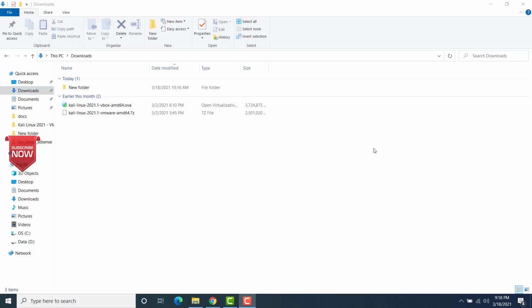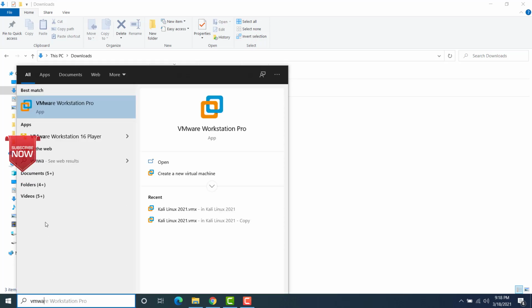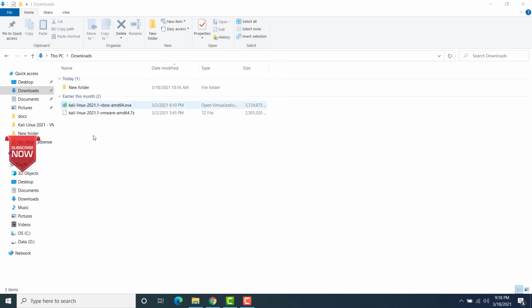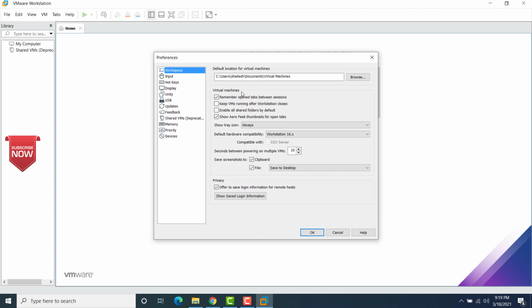Now let me open VMware Workstation Pro. This is where I'll be starting. I will be setting up Kali Linux first. All right. So here you see under preferences, this is the default folder where VMware Workstation stores all the virtual image files.